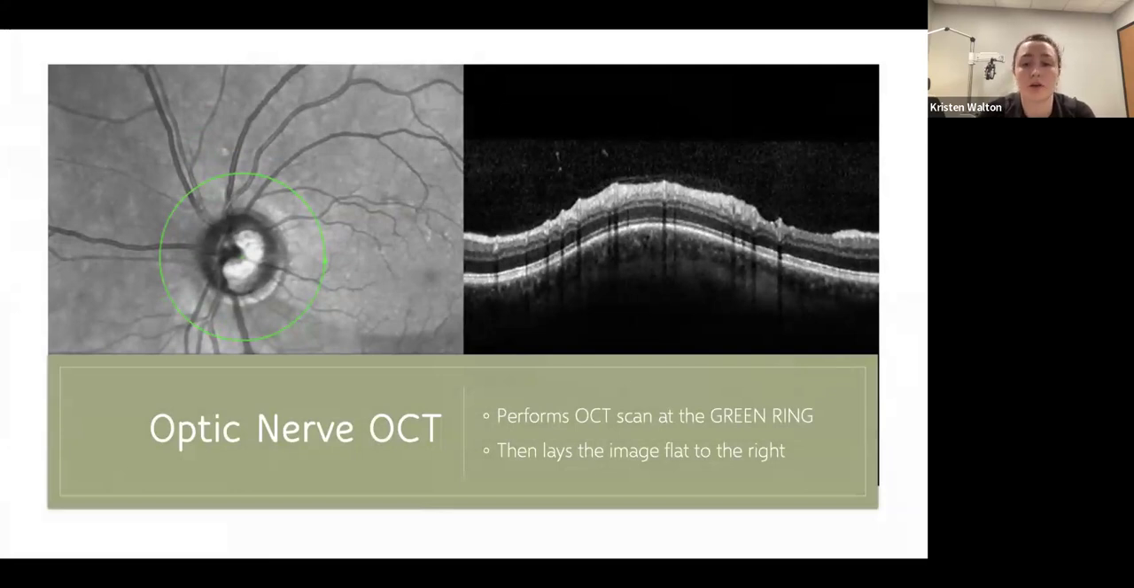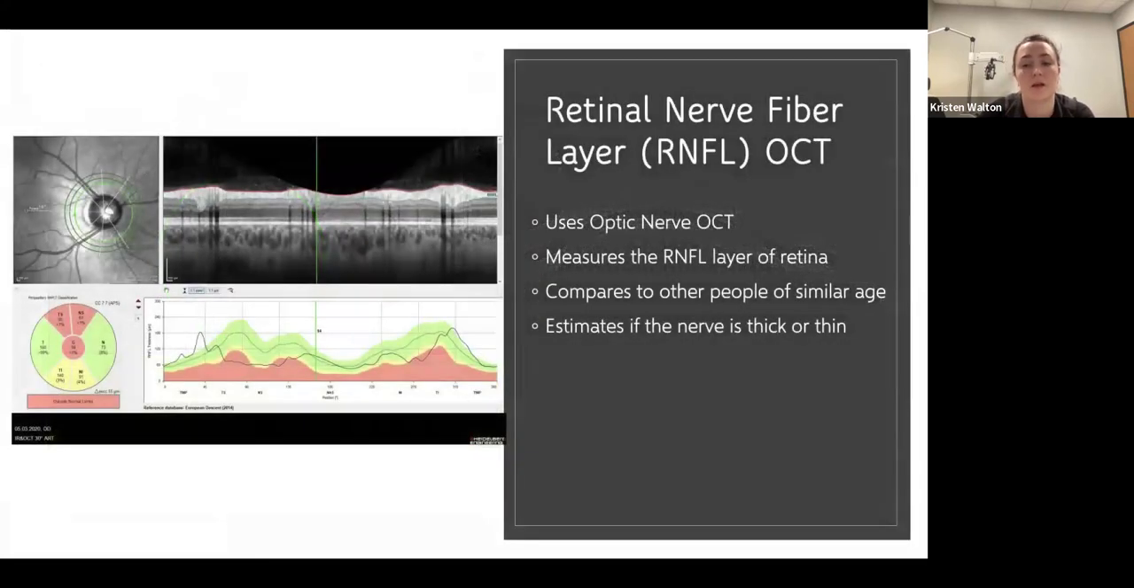Getting into the optic nerve OCT. So again, measuring the RNFL thickness on the retina. The green ring, that's where it performs the OCT, and then the image to the right is it laid out flat. RNFL layer on the OCT